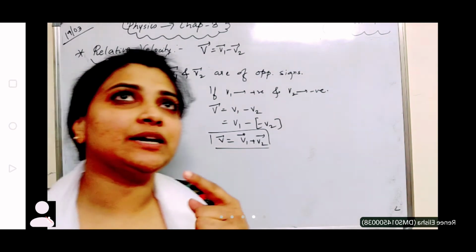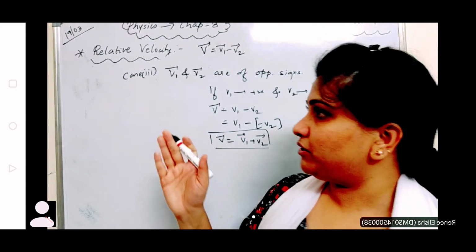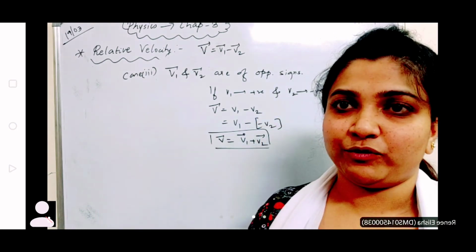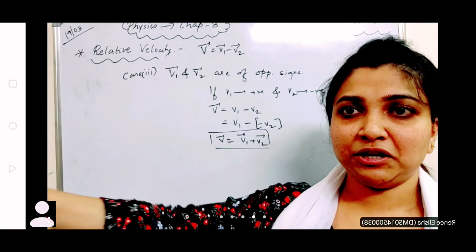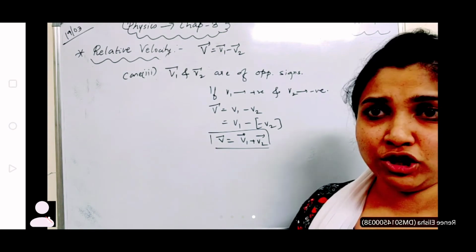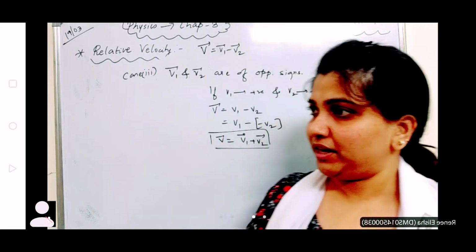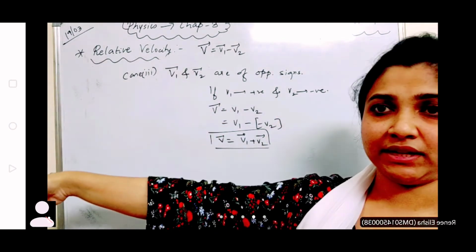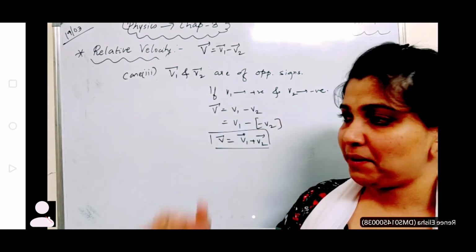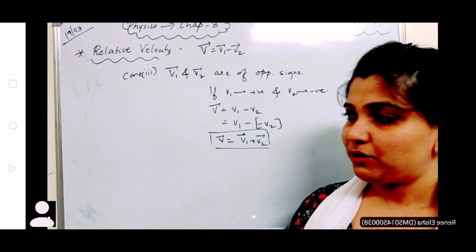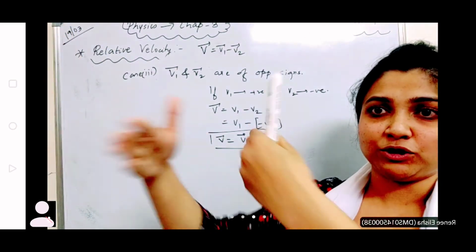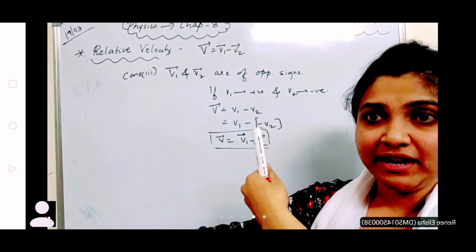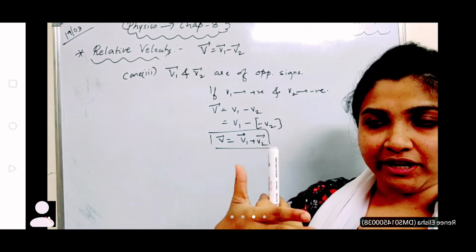That means, now you see here, if two objects are there, one example is a train. One train is going faster, but the other train is going a little slower. Suppose you are one person and the other person is sitting in the train. At one point of time, both of you cross each other, right? One is going in this way, one is going in this way. So both will meet each other only once, at that point.